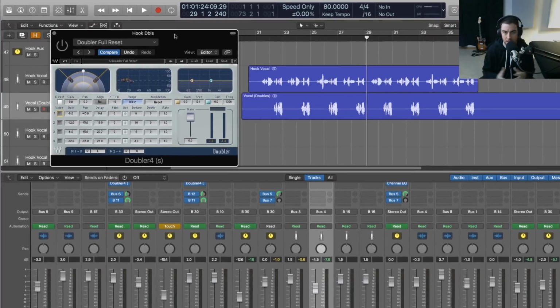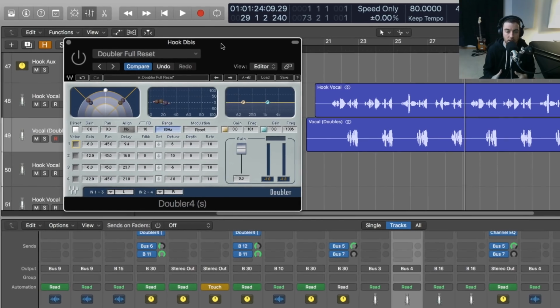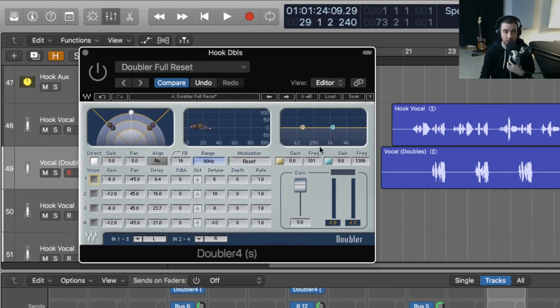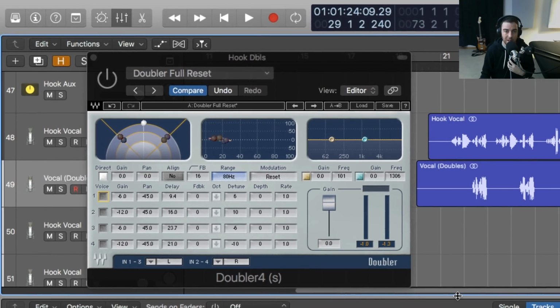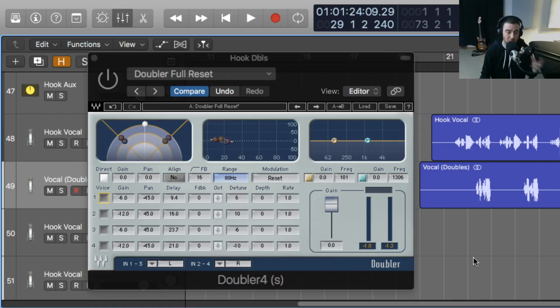There's a lot of doubling plugins out there. This is the one that I'm most comfortable with and that I really appreciate the most because of what it allows you to control. The most important thing when we're creating these pseudo doubles is that we need to be able to control the delay of the layers that we're going to be creating as well as the pitch,